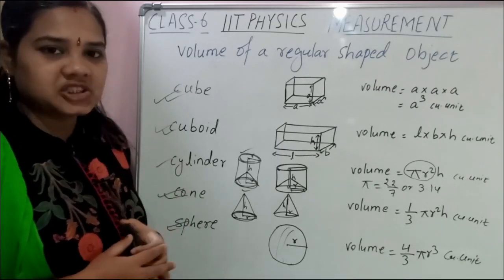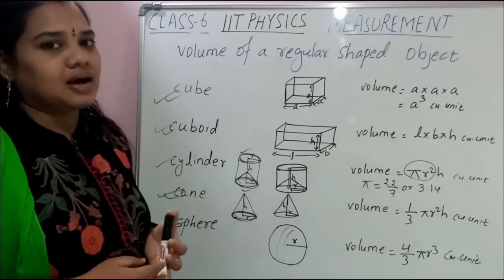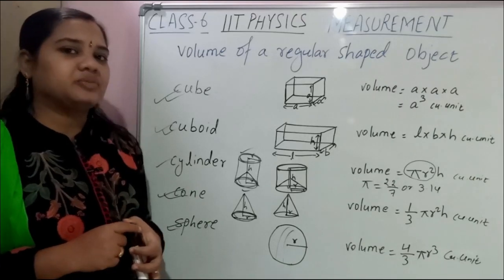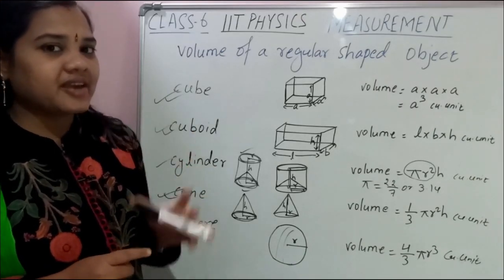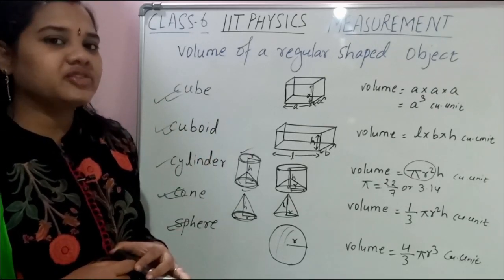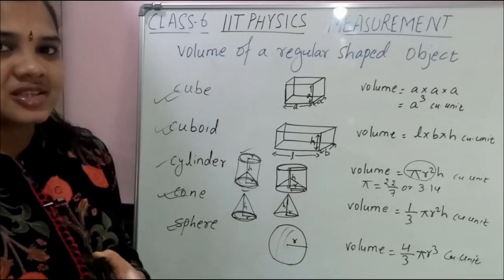Then we saw the relation. Next we saw the volume of regular shaped objects and how to find it. Next class we are going to see the volume of irregular objects and how to find it. And what work I have given? Take one leaf, one graph paper and find out the area of the leaf by using graph paper. Already the method is explained to you.